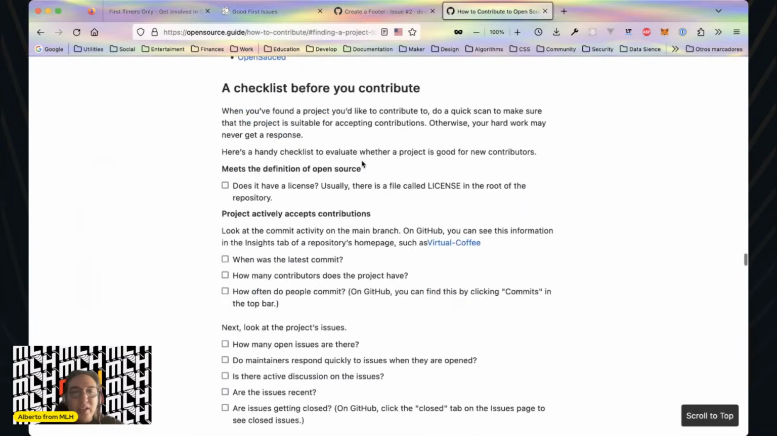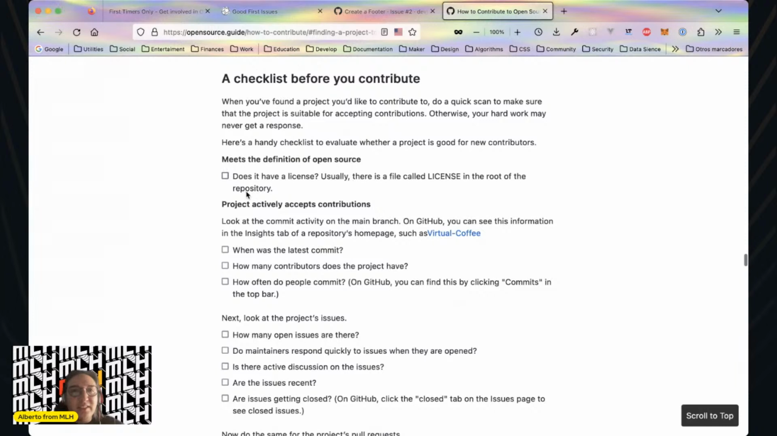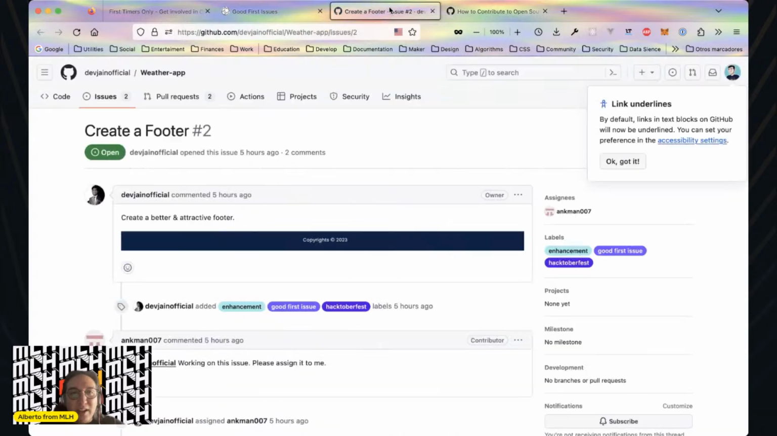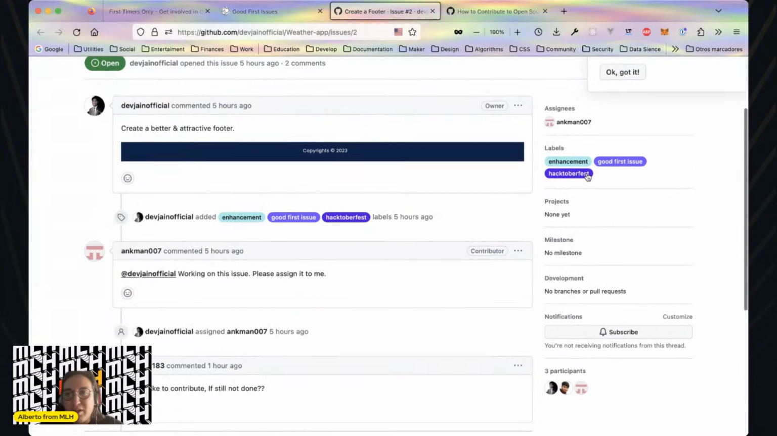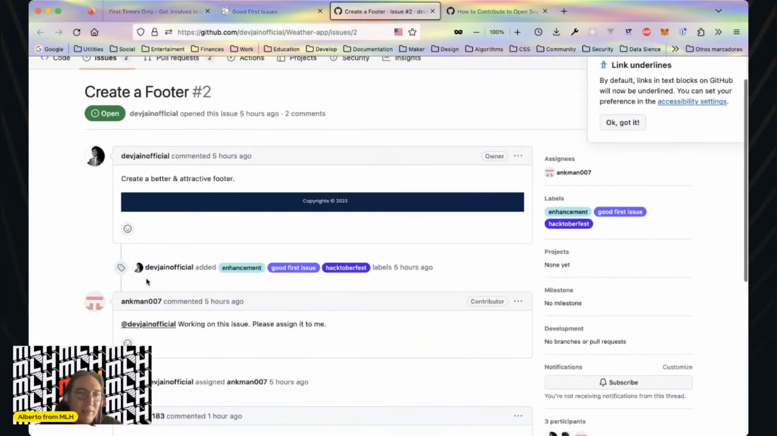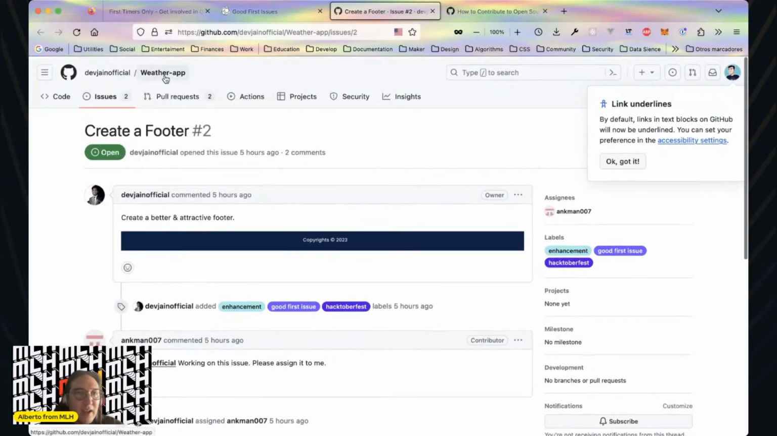Checklist before you contribute. This is the open source guide. Meets the definition of open source. Is this an open source project? I will say yes, because it's for Hacktoberfest, it's labeled with good first issue, and it has a lot of participants, right? Also, if we go to the code,